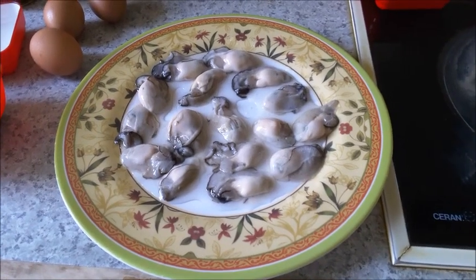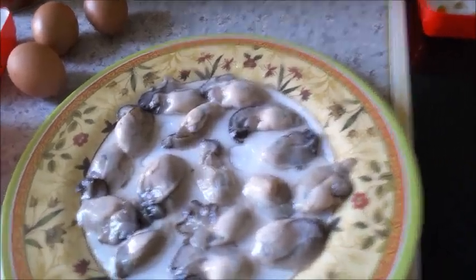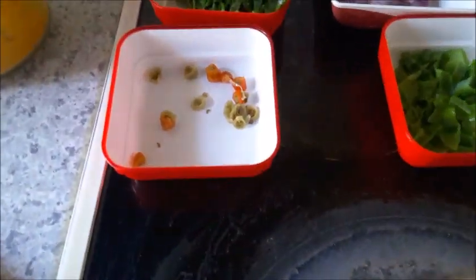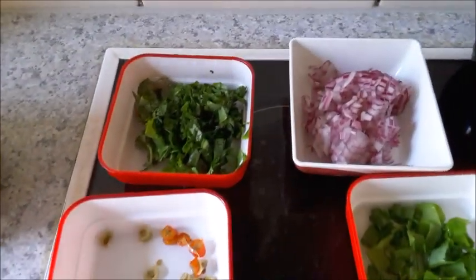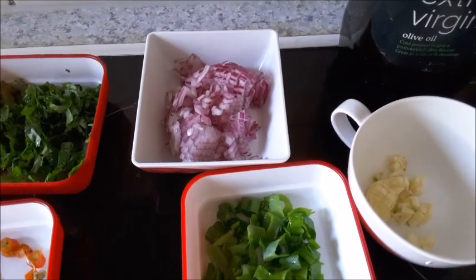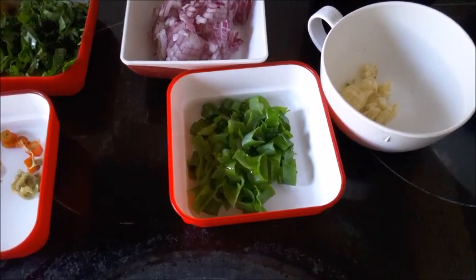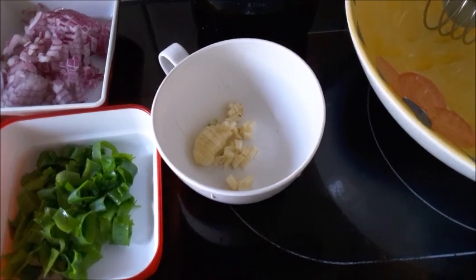Oyster omelette. I've got here 16 oysters, and so I'm going to boil this in a little water. And this is about 2 small chilies chopped, coriander leaves chopped. This is 1 small onion or half an onion chopped. This is spring onion, the greens, and 1 clove garlic chopped,